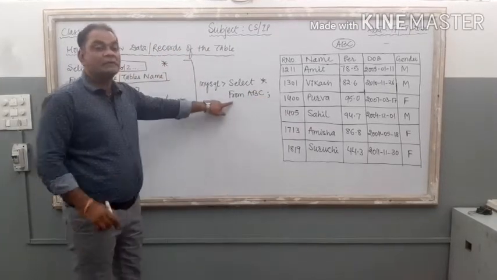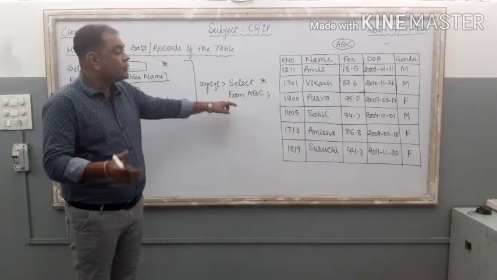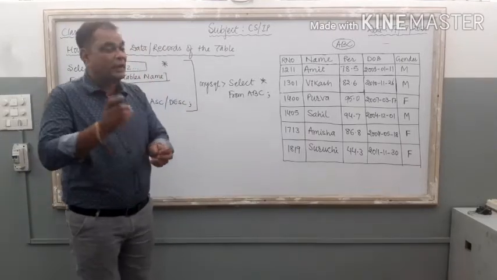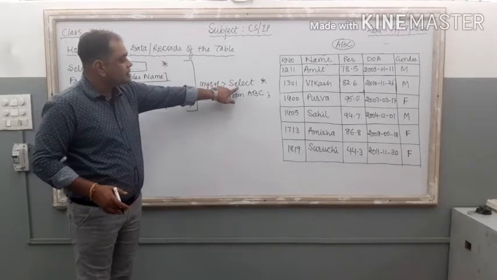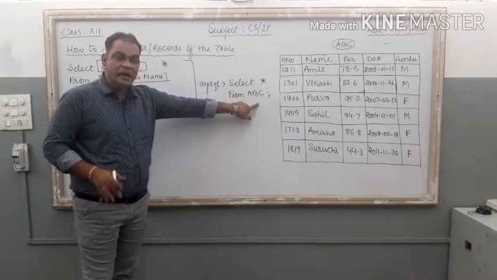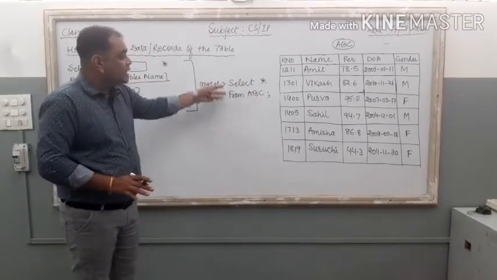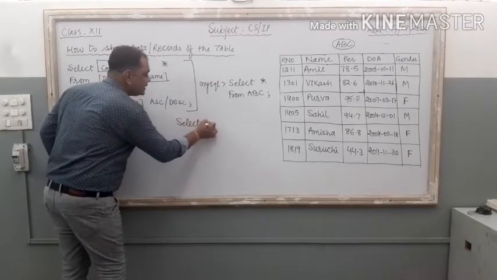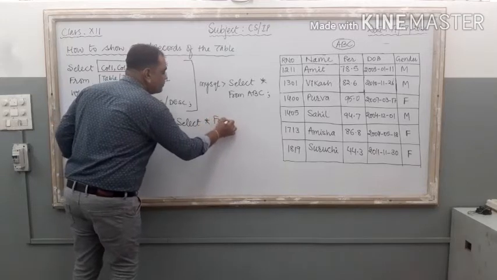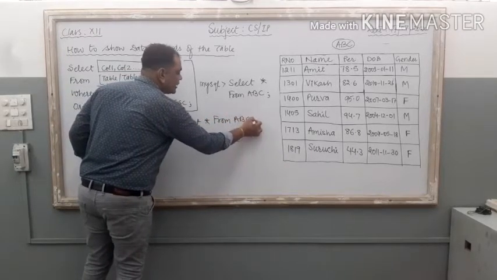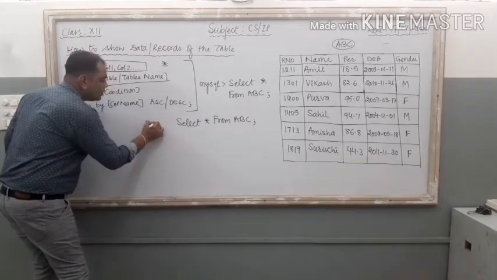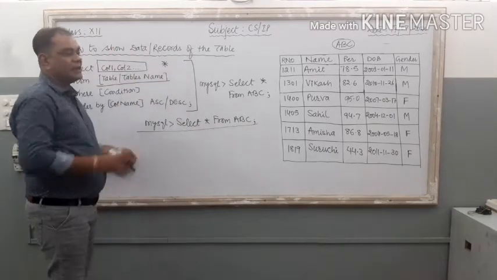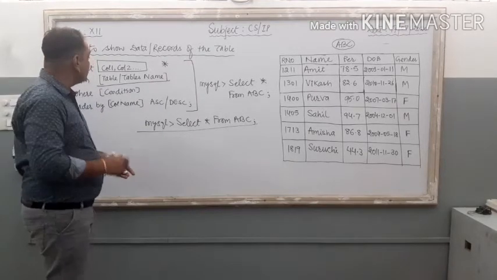Right? It is known as the universal command of MySQL. Universal means what? If we want to show the entire table, if we want to show each and every record of the table, we just use select star from ABC. Yes, you can write this command in multiple lines or you can write this command in a single line also. Just see, select star from ABC. It is also applicable. In front of the MySQL prompt, you just write this one. Clear? To show the entire table. Clear? Now the next one.